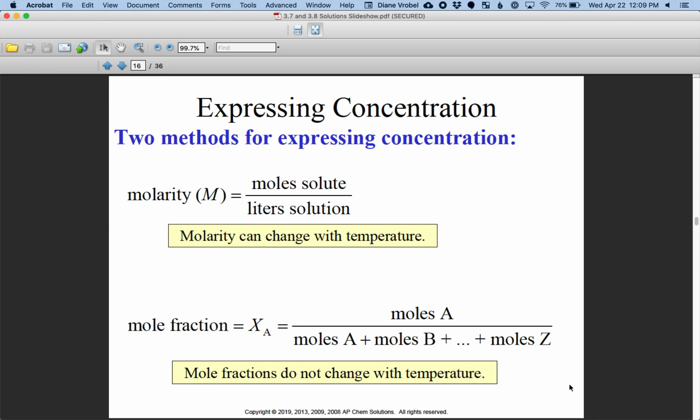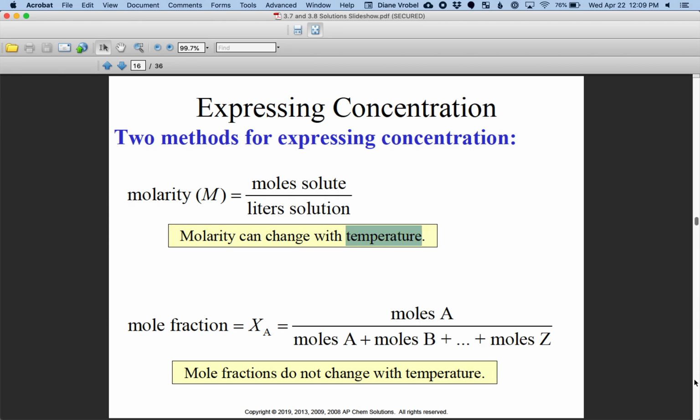The bottom equation is mole fraction. We used mole fraction with Dalton's law of partial pressures, and you could use it for expressing concentration. And notice that mole fractions should stay the same when you're talking about temperature changes,